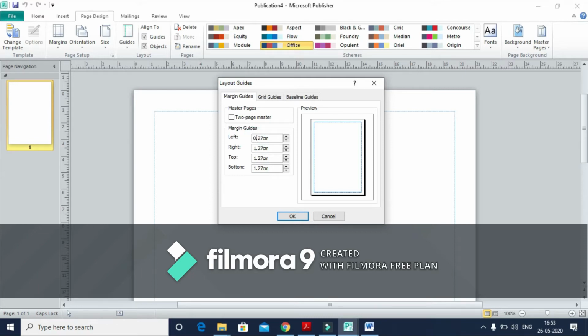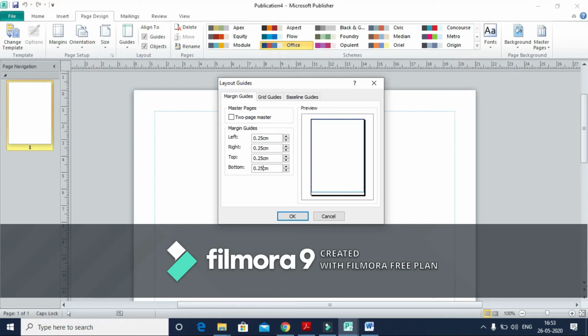We will edit this and make it 0.25 for left, and for right it will also be 0.25. As you can see, I have already started editing this. On the top, I have also edited from 0 to 0.25, and finally the bottom one is also from 1.27 to 0.25. That brings us to the end of this margin setup.